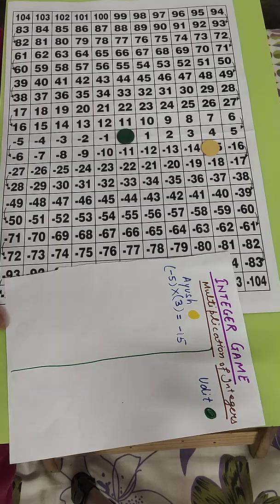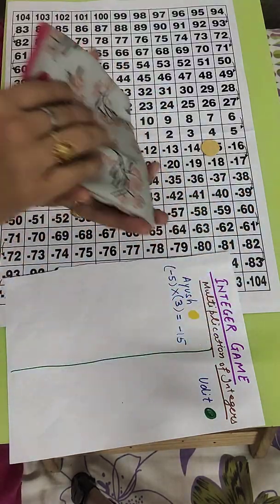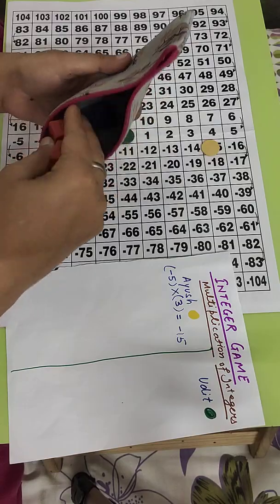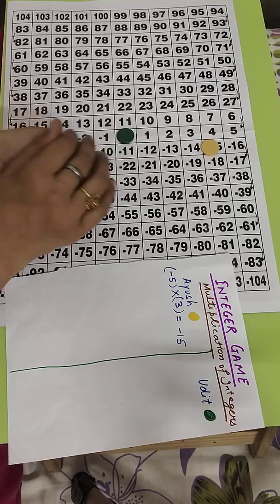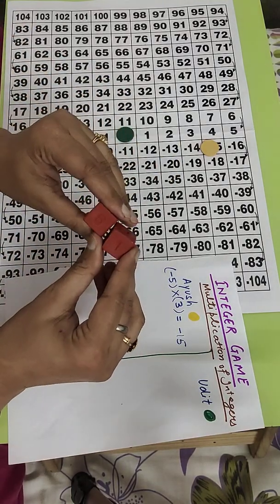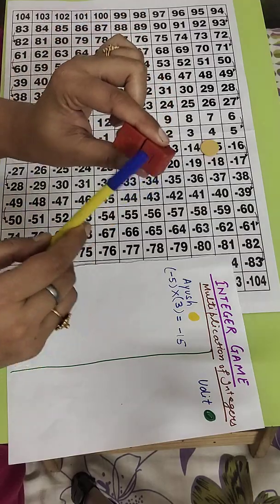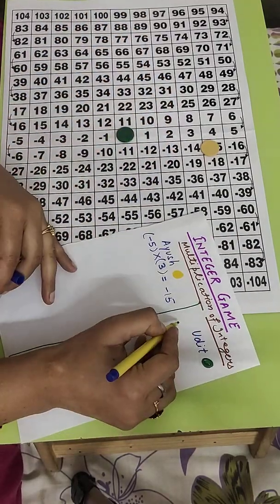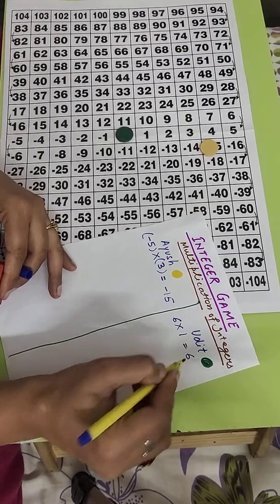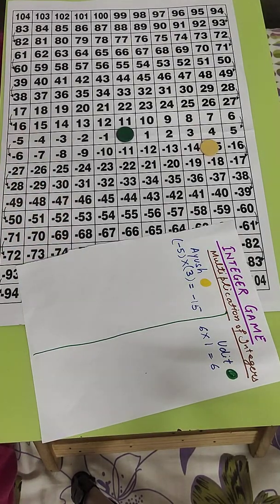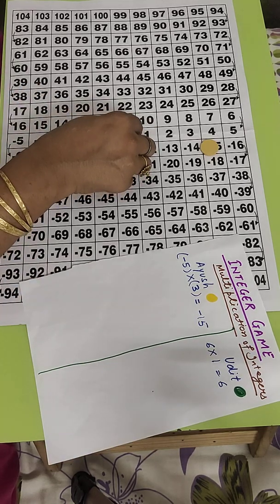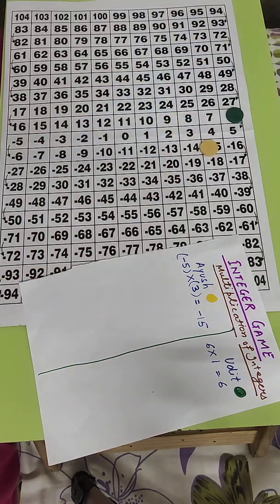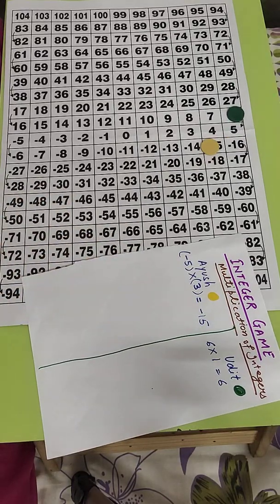Now again these dice are put in this, and without looking at them they are shaken, and we take any two dice. Oh, this time both are red. Okay, so now rolling the dice. After rolling, it comes 6 and 1. So both are positive. Plus 6 multiplied with plus 1 means the answer is 6. Now for 6, Udit has to move 6 steps towards the positive side. So he's moving till here. Okay, so this is one turn completed of both the players.